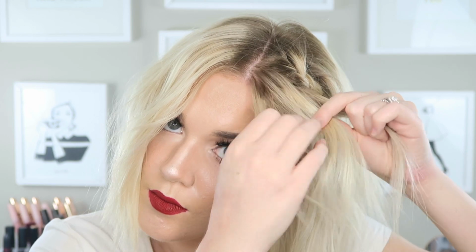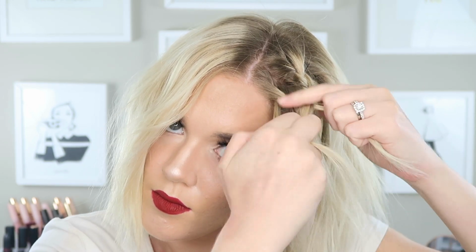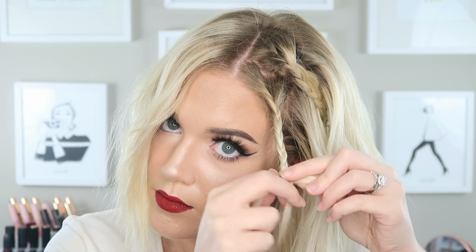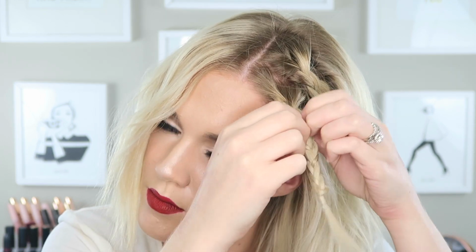Now I'm taking the front portion of my hair and also braiding that as well. So we're basically creating a double braid effect. You can just see I'm doing the same exact thing, braiding it all the way down, adding a rubber band to keep it closed, and then we're going to pull on the braid to make it look thicker. You can see it makes a world of a difference when you pull on it to make the braid look thicker and fuller. And we're going to do the same exact thing, just pin it right into the same section